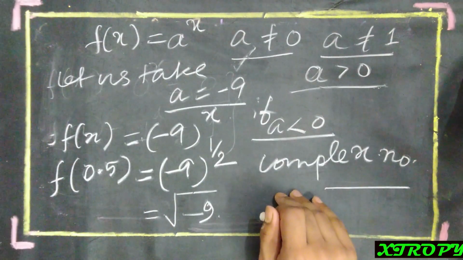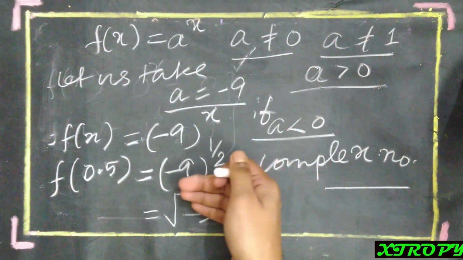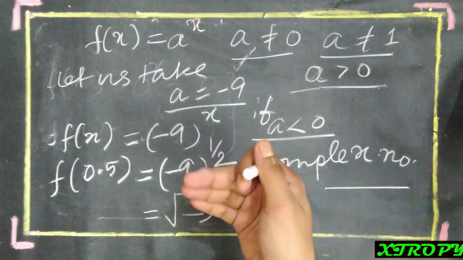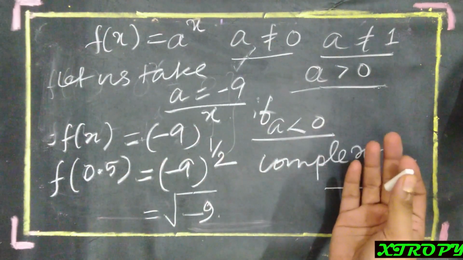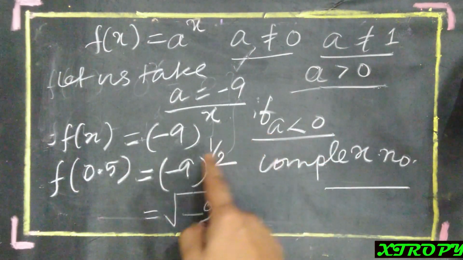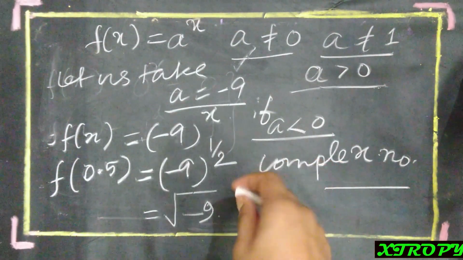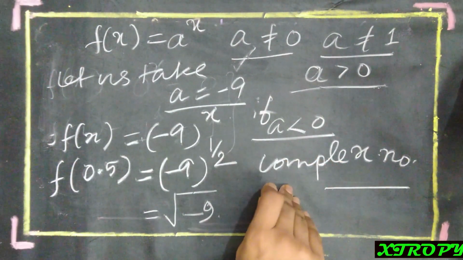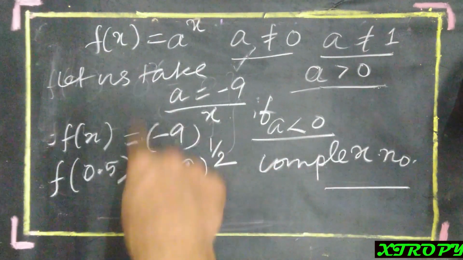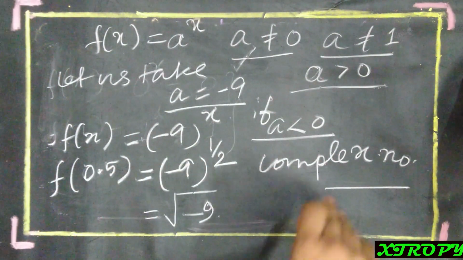We want only real numbers to arise from a function, so to make sure of this, we do not take a to be negative, because if a given function sometimes gives a real number and sometimes gives a complex number, then we cannot plot it in a single rectangular coordinate system.